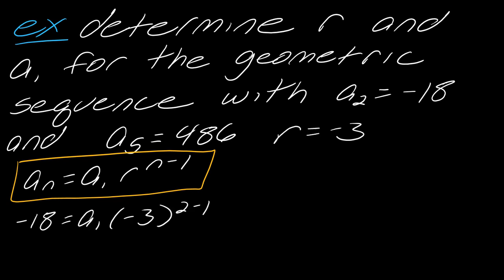So ultimately, this is going to give me that negative 18 equals negative 3 times a sub 1. And if I divide both sides by -3, I will get that a sub 1 equals 6. And so that's the information that I was looking for. So you can take this idea and then you can kind of shift it around depending on what type of